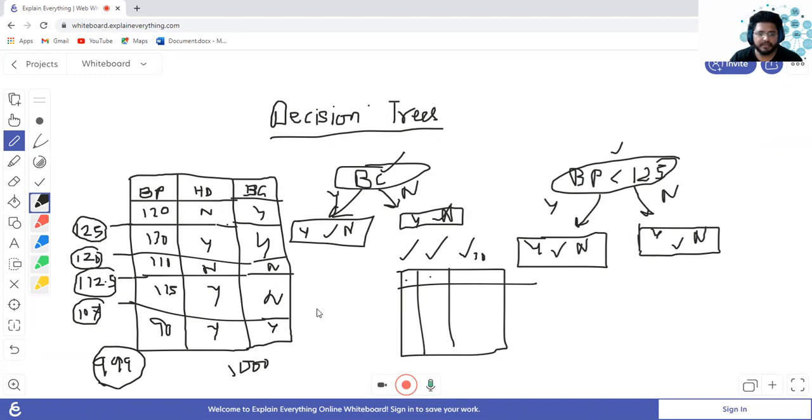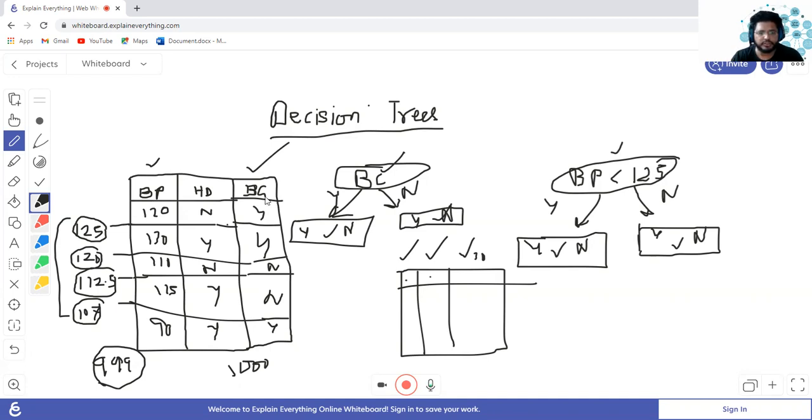Okay, so we can mix these two now. So the Gini impurity of these and the Gini impurity of this. Whichever one is better, we will split the data accordingly. It is not the Gini impurity of this, because for blood pressure there is no yes or no. Blood pressure there or not there is not a question, right? Blood pressure is always there. Either it will be low or it will be high, but blood pressure is always there.